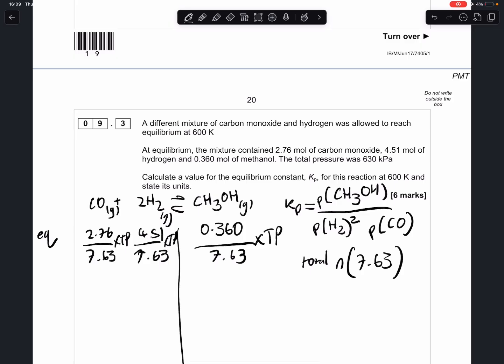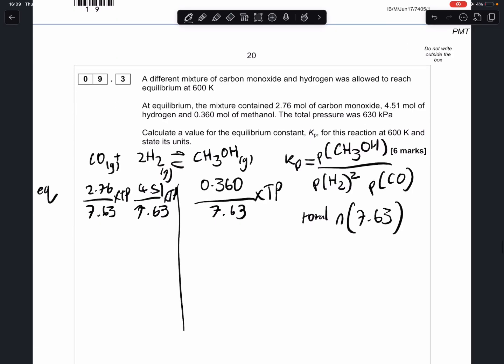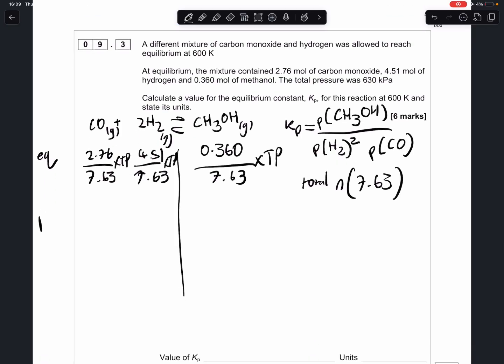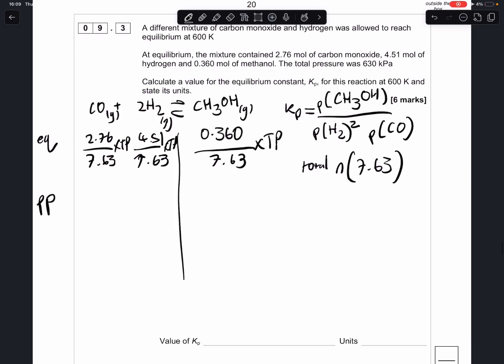And the total pressure is 630. So if you do this equation here, multiplied by the total pressure, you will get your partial pressure for each gas. So your partial pressure for carbon monoxide is 228. If you put this into your calculator, you'll get 372, and you'll get